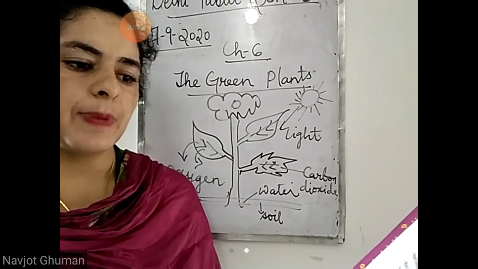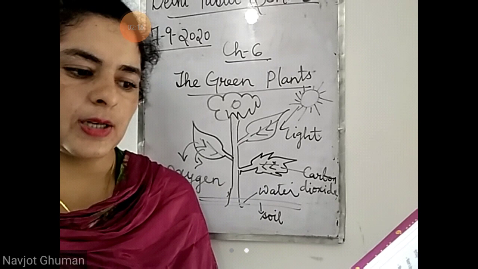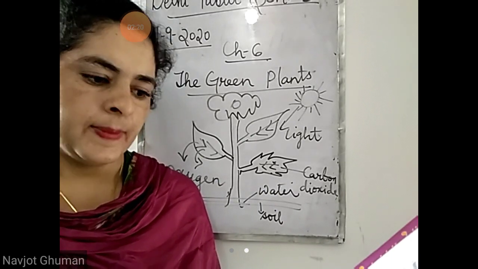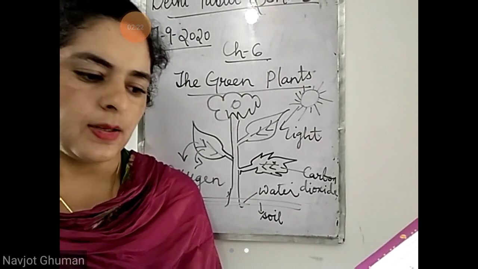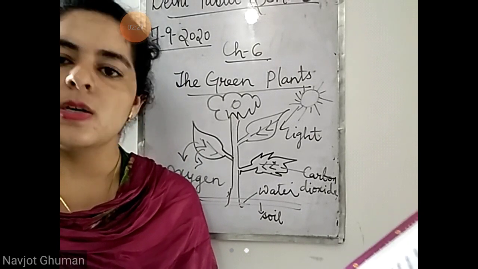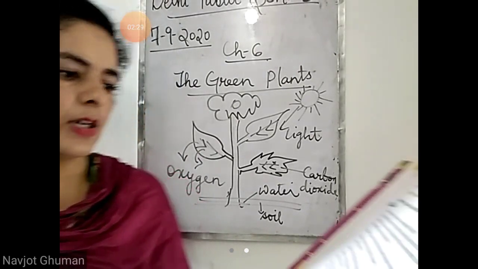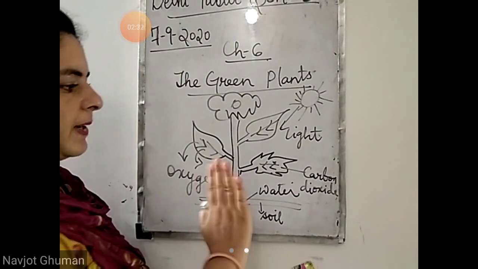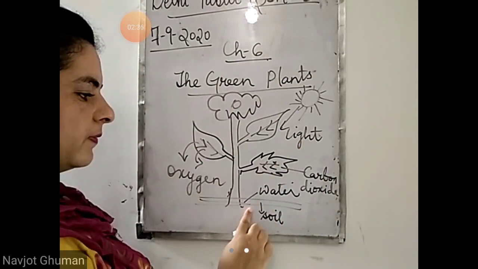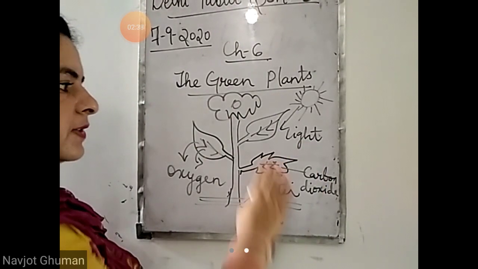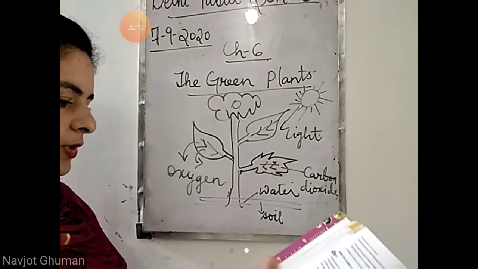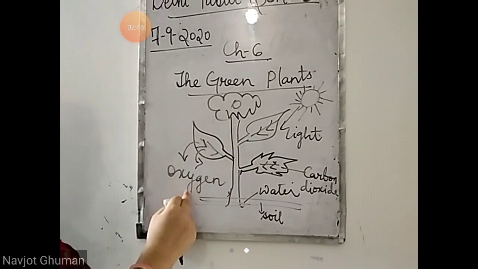After the food is prepared, oxygen is given out through stomata. The stomata perform the following important functions for the plant. They take in and give out air. They remove water vapor and oxygen after photosynthesis from the plant. Now what happens? We know that the plant takes carbon dioxide, light is coming from the sun and water is taken from the soil. So with the help of these raw materials the plant is making its own food.